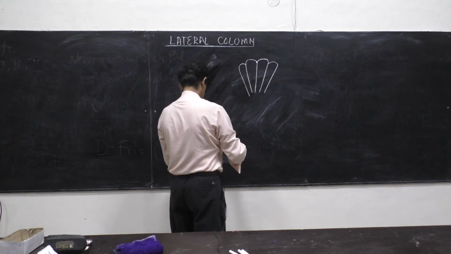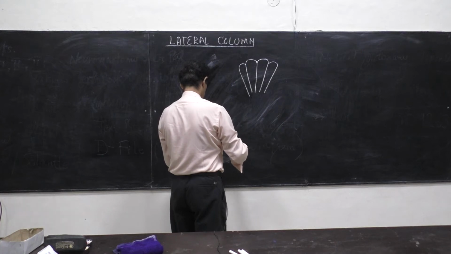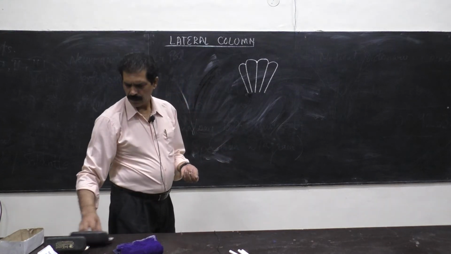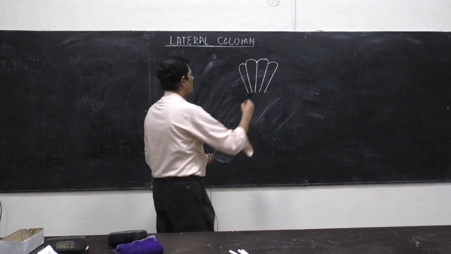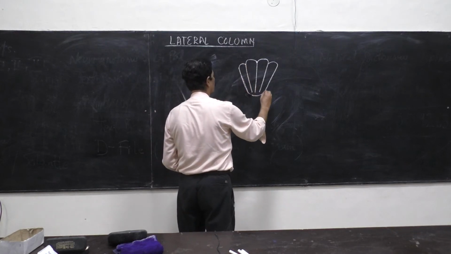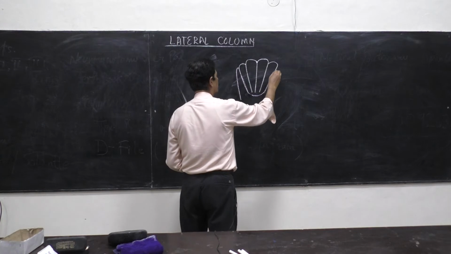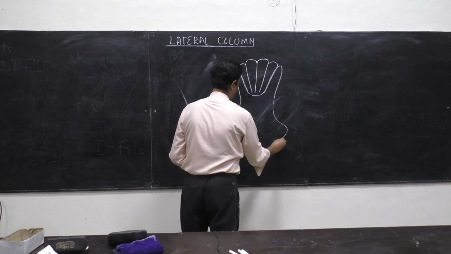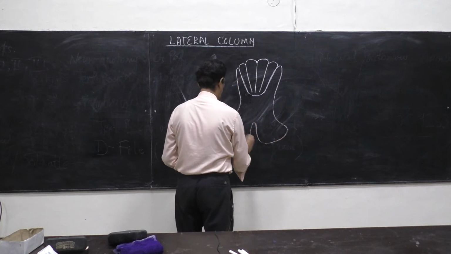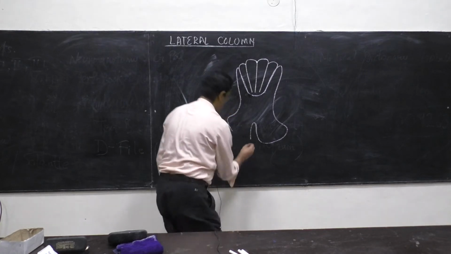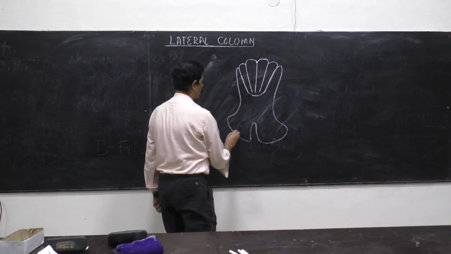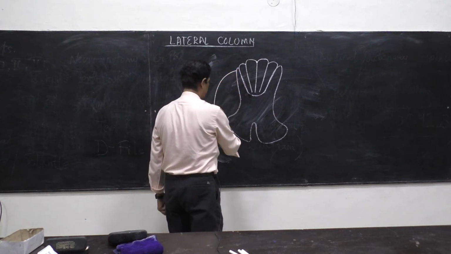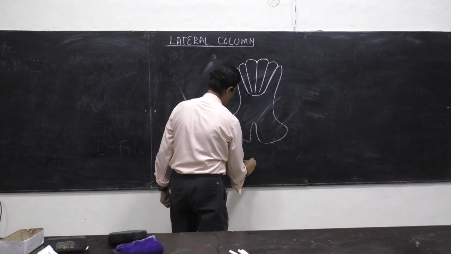Then you start making the posterior horn, conical, and the ventral horn, broad. Then this is the lateral column, this is the anterior column,